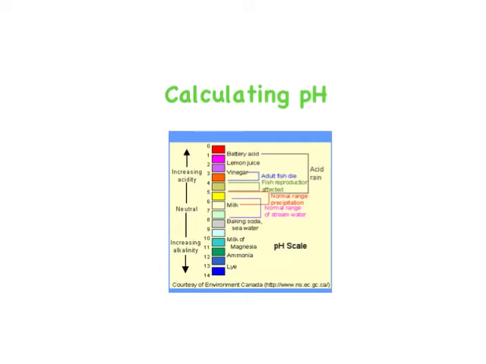Thus far in our journey of acids and bases, we've talked about the characteristics of acids and bases, the difference between Arrhenius and Bronsted-Lowry acids and bases, and how in general acids are going to give away or give up their hydrogen ion to the solution,